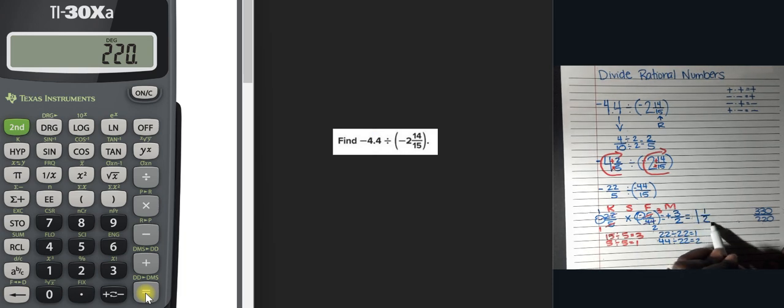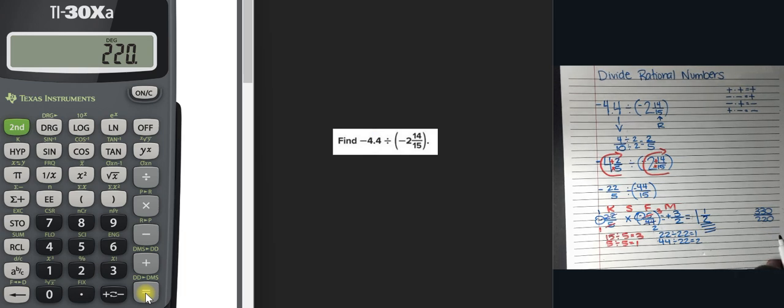Now, doesn't that look a lot easier? This is our answer, by the way. But doesn't that look a lot easier than us looking at 330 over 220 and trying to see about simplifying? I mean, to me, that would just be so much work. So that's the reason that we do it before we start to solve, and try to see if there are any